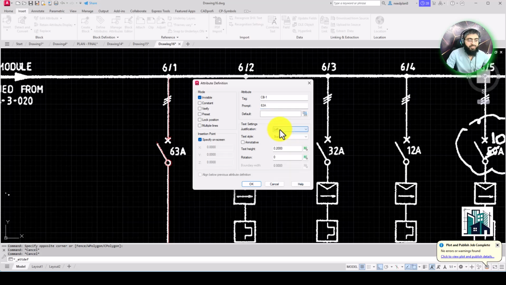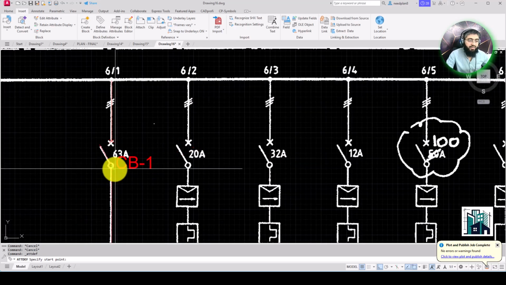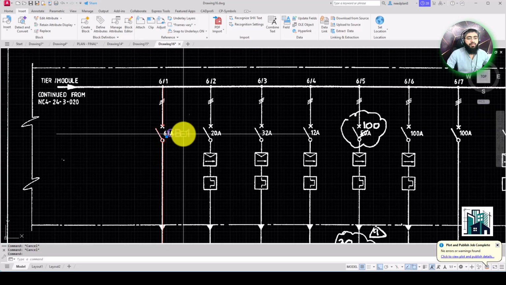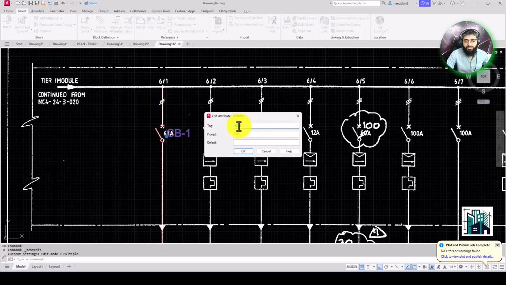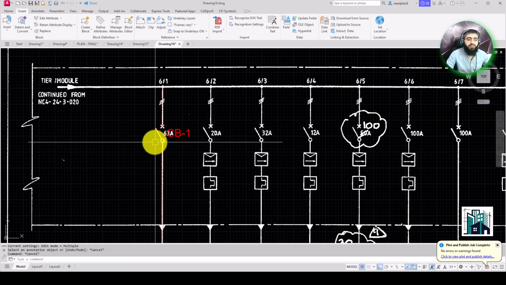And then justification is left side, and then we'll have to set the text height, 15 for example, but because our circuit breaker size is 12, I'm gonna write the height of the text approximately 6. And then here, if I come here, this one is tag and this one is prompt, and when we make a proper block,